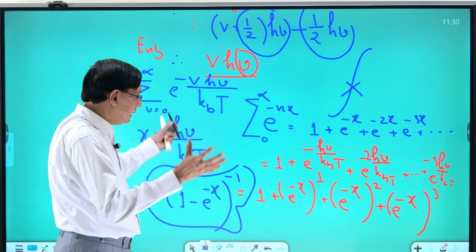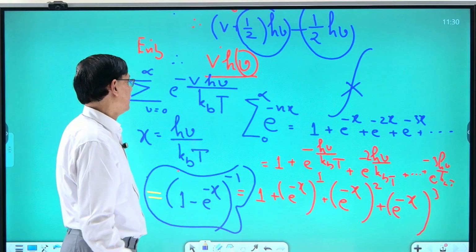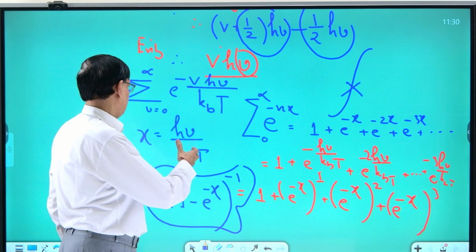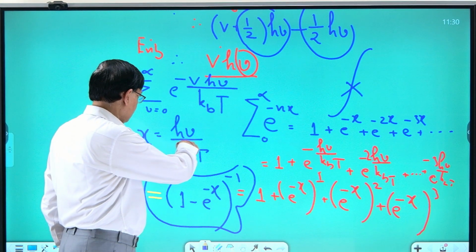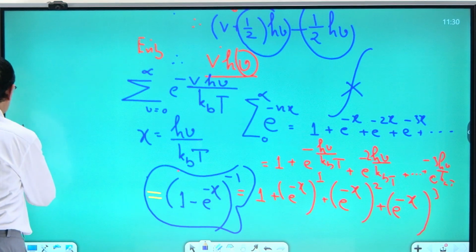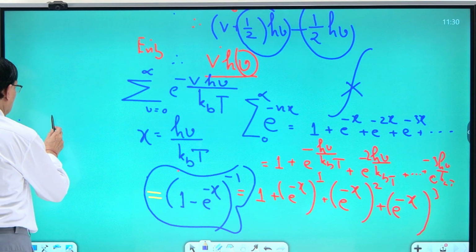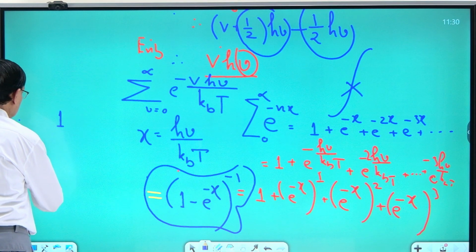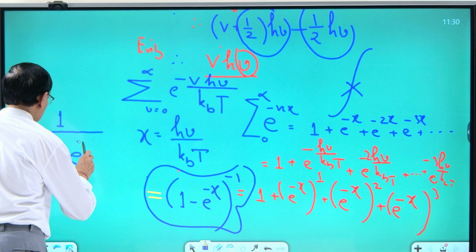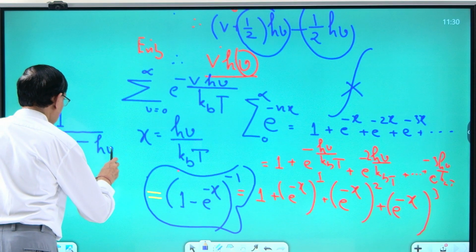If you don't understand the mathematics, because some biology students are also here, I'll explain. When I substitute the value of this, I will get 1 divided by 1 minus exponential minus h nu